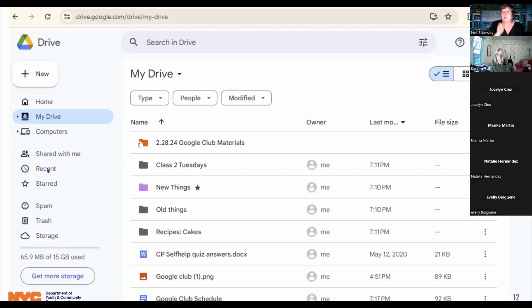So neither shared with me nor recent are great places to go back to consistently to find something. They're a great place to go find something, and then you need to decide what to do with that thing. Are you going to put it in another folder? Are you going to star it? Or how are you going to get back to it without relying on shared with me and recent? Because for me at least, the thing I was working on yesterday is now 10 items lower and I can't find it again. So they're not very permanent. They're permanent in that the stuff is there, but there's an aggregation going on where they're constantly growing.